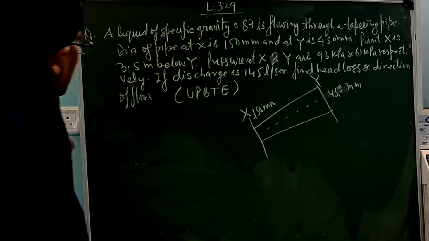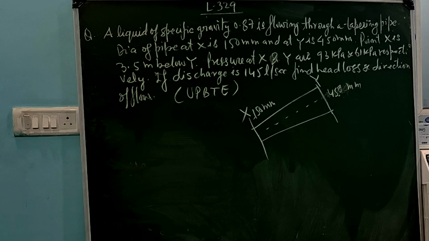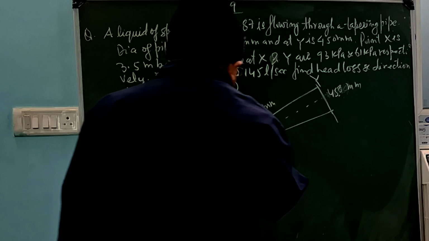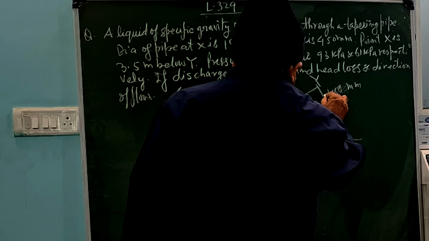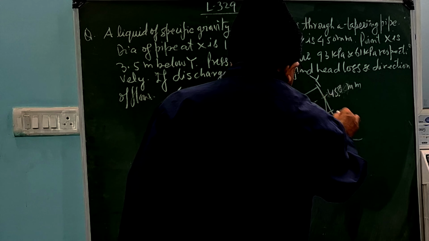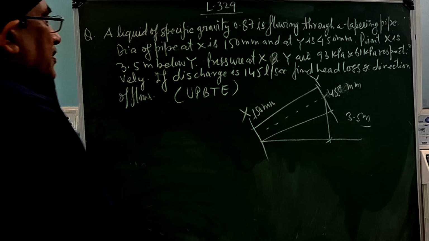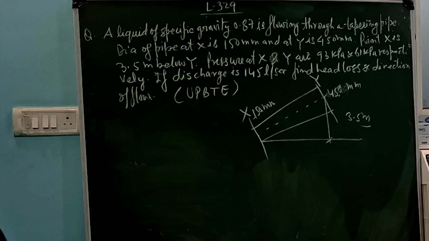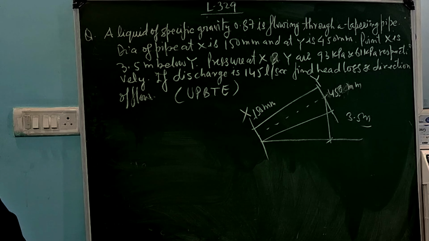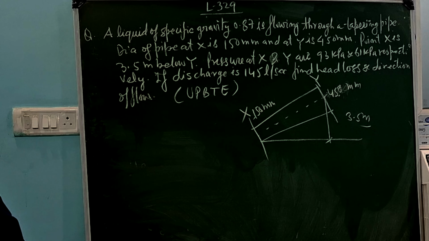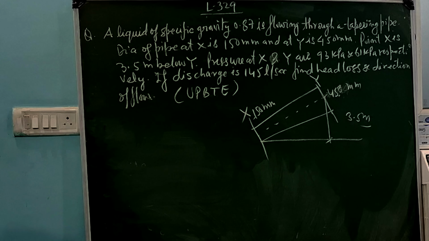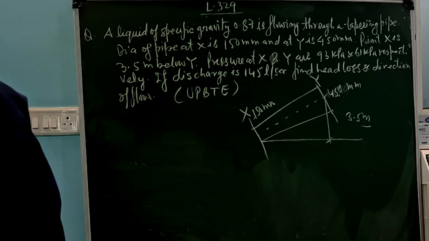Point x is 3.5 मीटर बिलो y, मीन्स ये पॉइंट आपका इससे 3.5 मीटर के डिस्टेंस पे है। And pressure at x and y are 93 kPa and 61 kPa respectively. If discharge is 145 लीटर पर सेकेंड, find head loss and direction of flow. ये क्वेश्चन आपका बोर्ड में पूछा गया है।